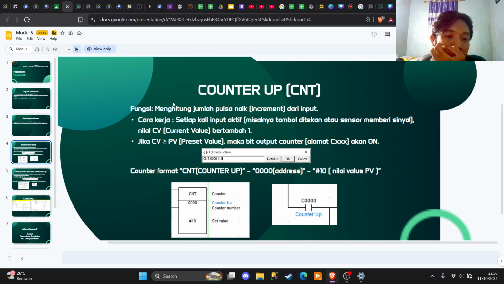So the function of the counter up is to increment from input.